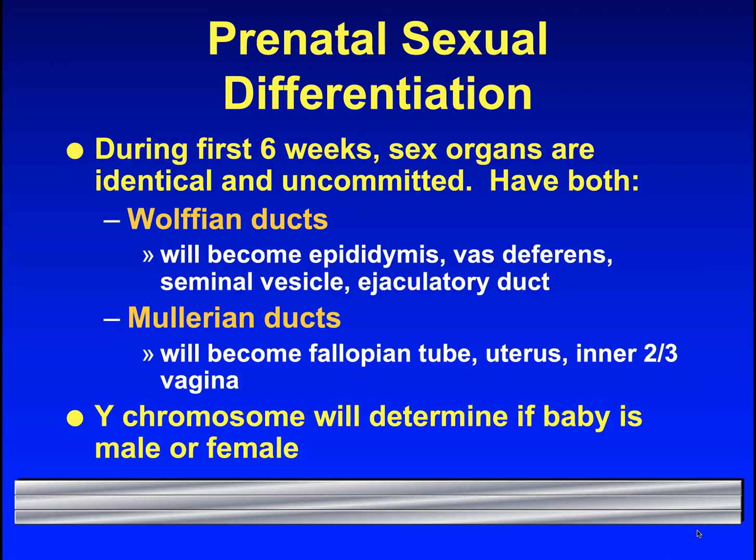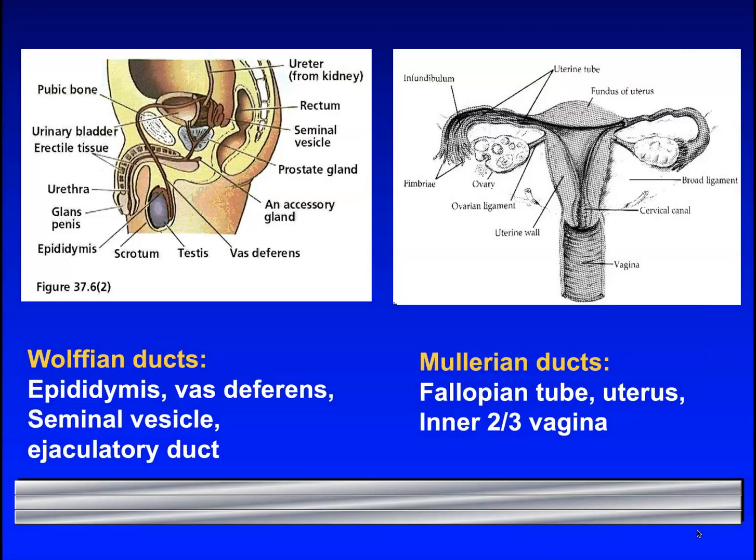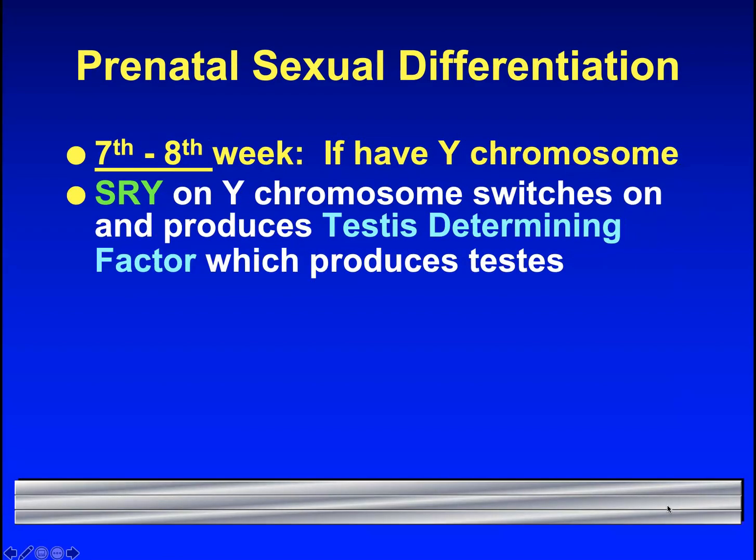Y chromosome will turn it on. We used to think the Y chromosome determined it. Of course we did, but the X plays a role as well. But I'm going to talk about what the role of the Y chromosome is. So the Wolffian duct system, that's going to be the internal male anatomy. The Mullerian duct system, that's going to be the internal female anatomy. So how it happens, how you differentiate, around your 7th to 8th week, so at the end of the time you're an embryo,